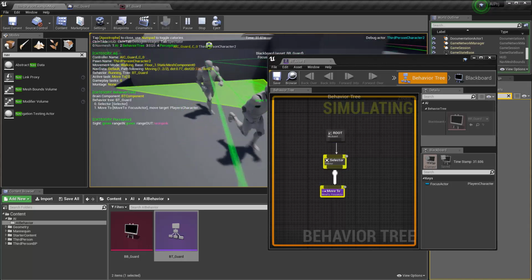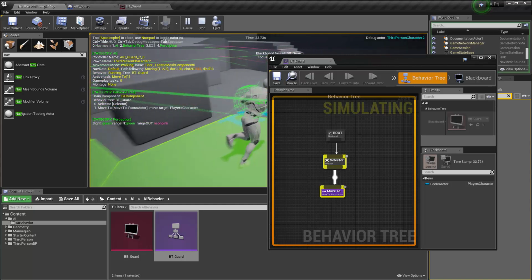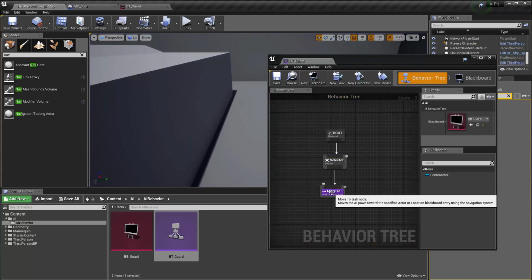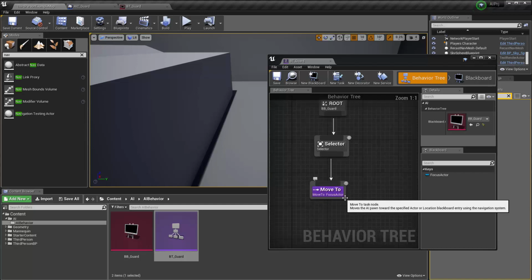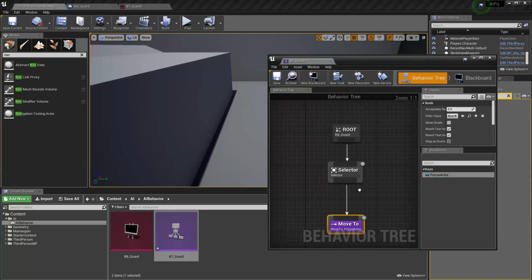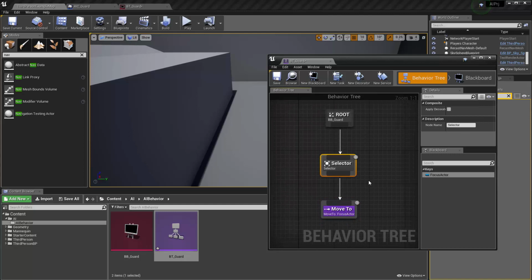Oh, the enemy is still going to move towards us. That's because the move to still knows what that is, because the move to is running with logic that already specified that actor. So even though this one is none, it's still going to know where to move because this move to knows where to move. Okay, alright, that's actually a good time for me to show you another thing we can do with the